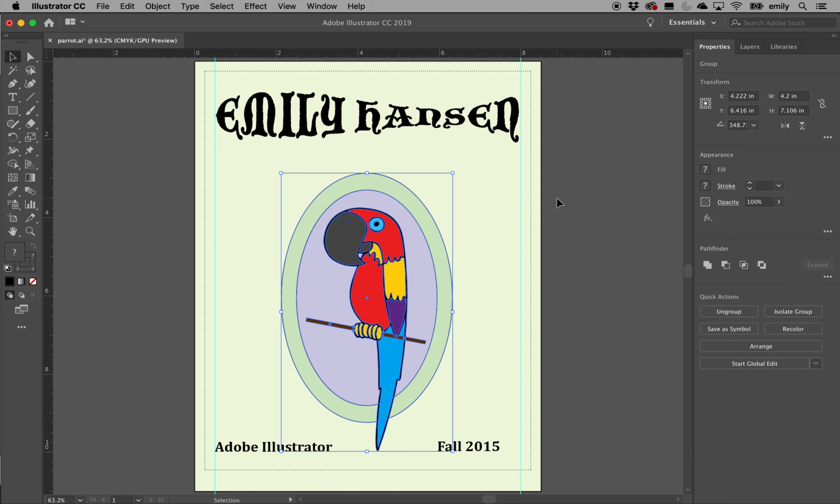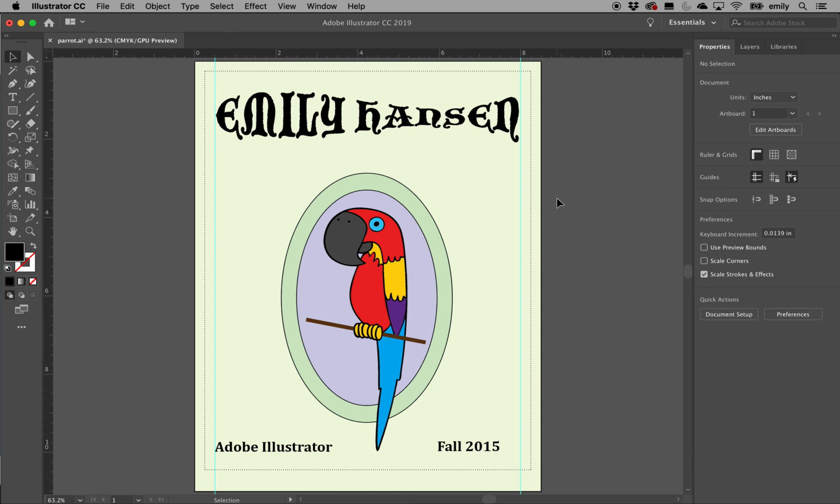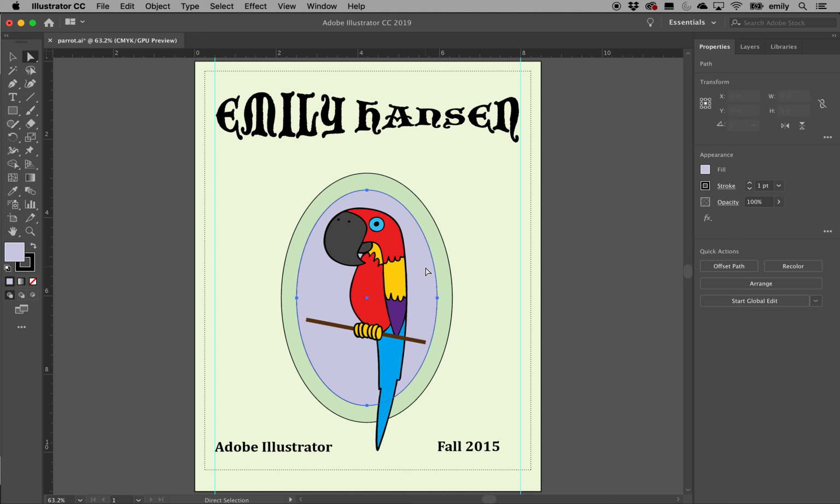If you want to affect individual pieces without learning about grouping and layers and all that kind of stuff, then you can just go to the next tool here, which is the direct selection tool, and you can actually select individual pieces. So for example, I can select this purple piece here, the lavender, and you can see when I click on one of the anchor point dots, it actually brings up these handles. So I can play around and make that a little bit funky if I want to.